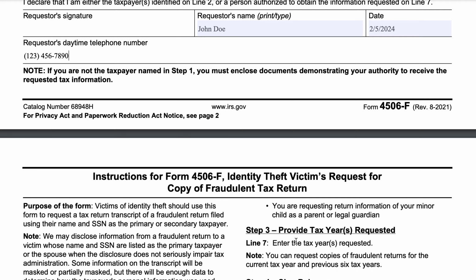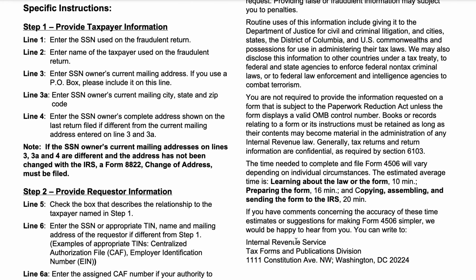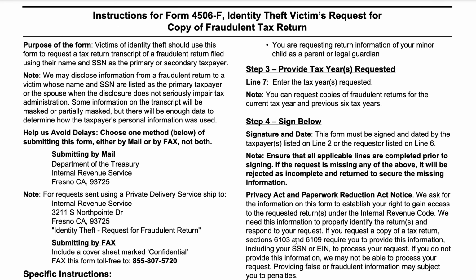So if you needed to drill down into this, there is plenty of information on the back. You would need to either mail or fax the form. The IRS office in Fresno, California, if you're mailing it, send it to the Department of Treasury, Internal Revenue Service, Fresno, California, zip code 93725.